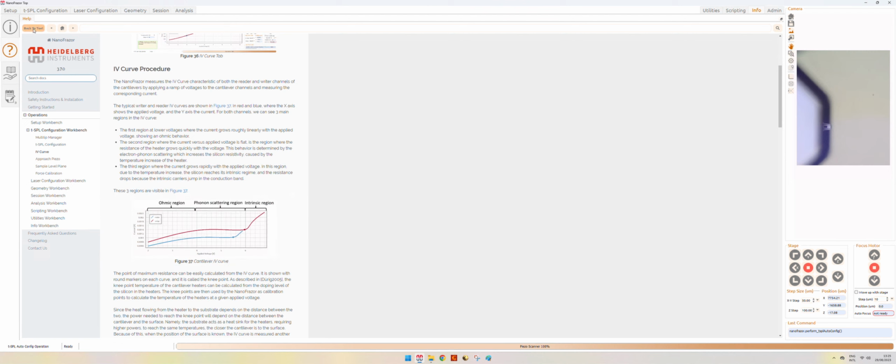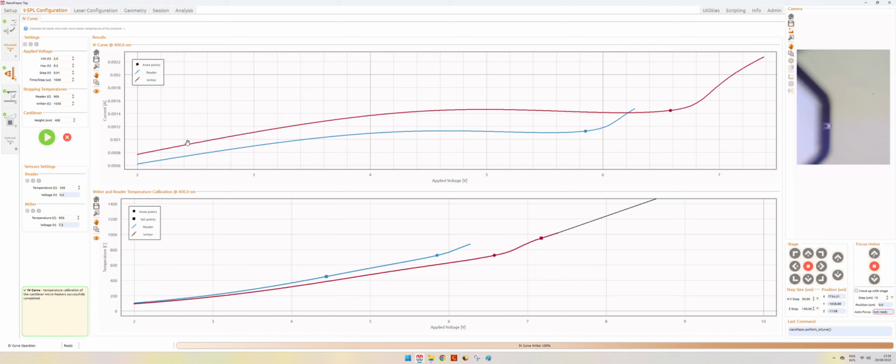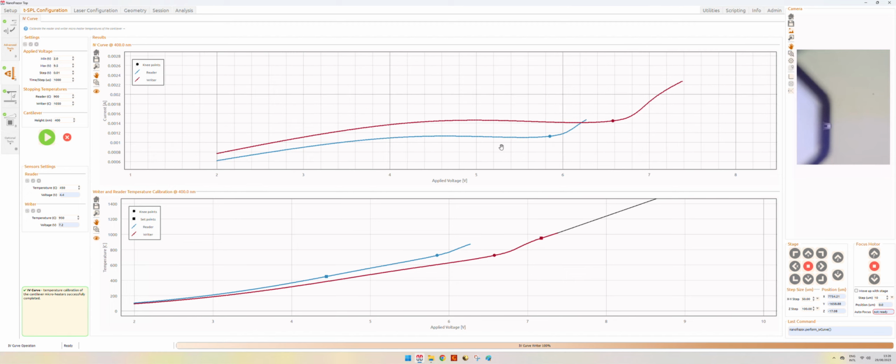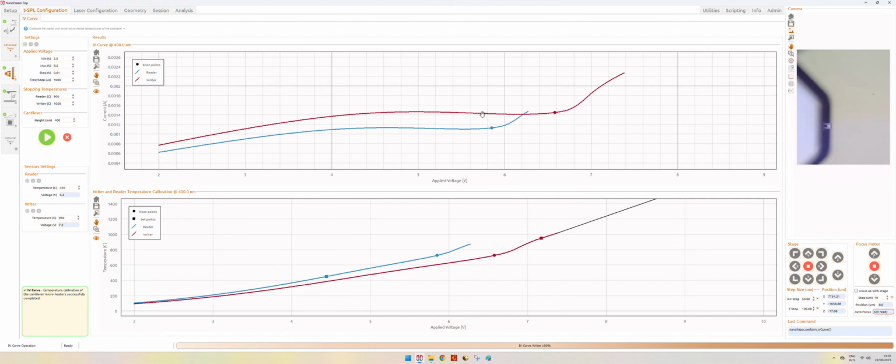So let's go back to our tool. You can press this and we will go back to exactly where we were. This curve is very important because it helps us understand immediately. You see how short it takes to run this test: 1, 2, 3, 4, 5, 6 seconds. We can easily see if our cantilever are at least working fine in terms of resistances, and also if the electrical connection of our cantilever holder to the machine is good.